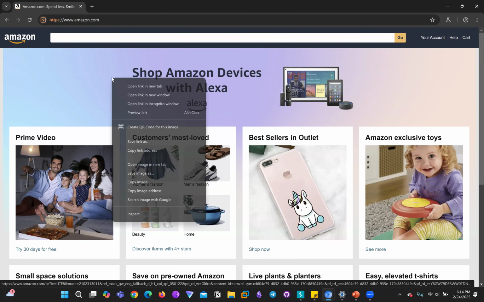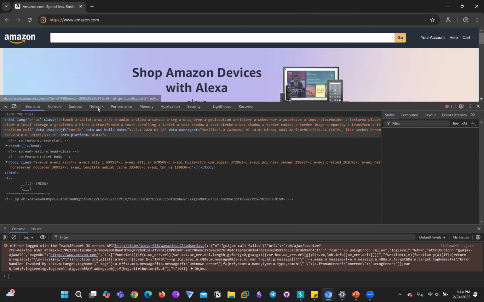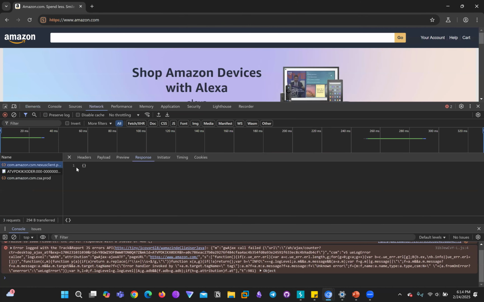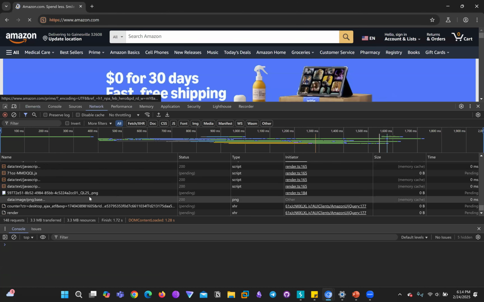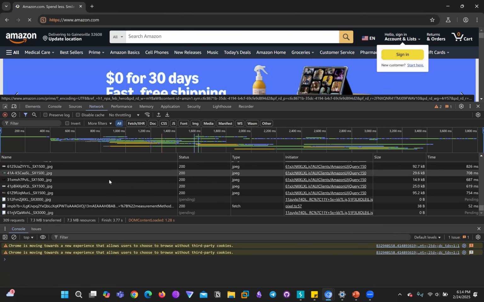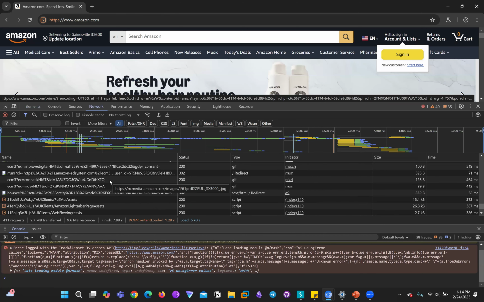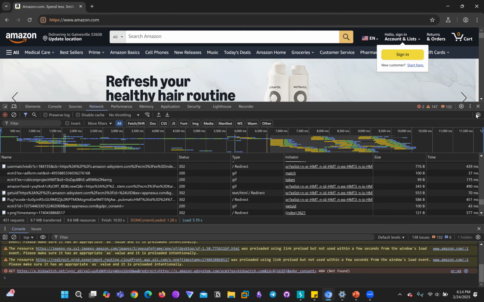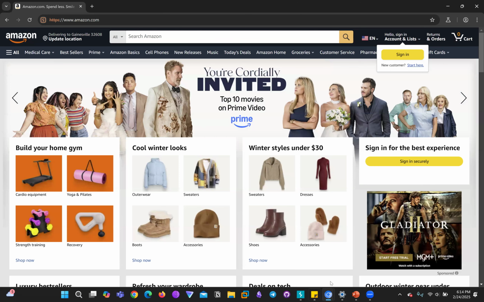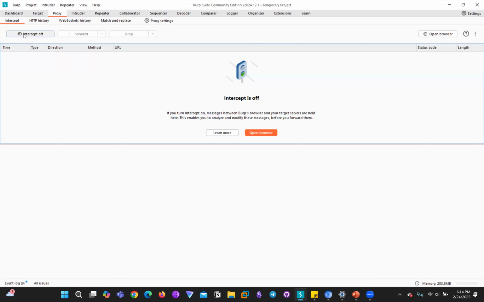And you can see if you go to inspect element, there should be a network tab. You can see your requests in here if I refresh the page. These are all the web requests being sent here. And essentially what Burp Suite does and other web application proxies, they just make it much easier to see these requests. So instead of looking through this mess, we can go to Burp Suite or whatever web proxy we're using,